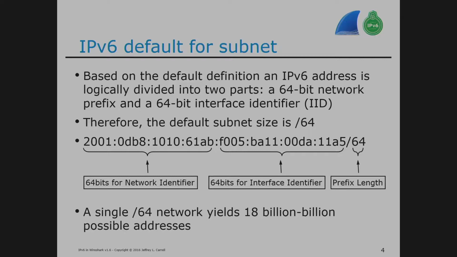But if you understand this as the foundation, this is the way most client and server level operating systems work, you cannot change it. This is the way most DHCPv6 server services work. You cannot change it. And everybody says, well, that's too many addresses. I want something smaller. You cannot do it. So stop thinking it, all right? There's people on the Microsoft boards who are just screaming and yelling, oh, I want to do 96-bit network prefixes, blah, blah, blah. You can't change the Microsoft server, all right? You just can't do some things.